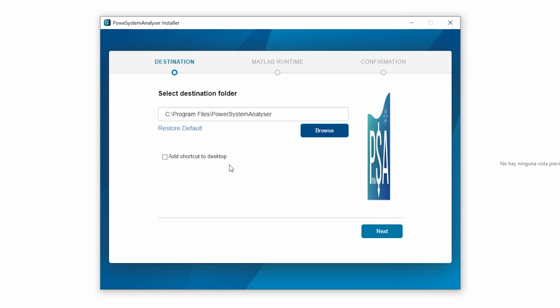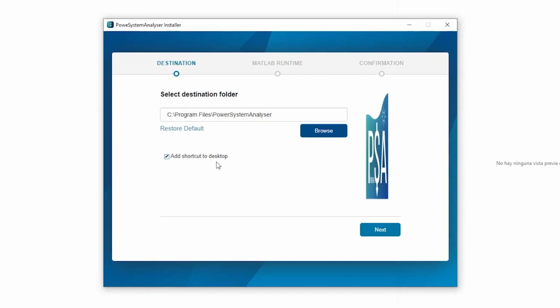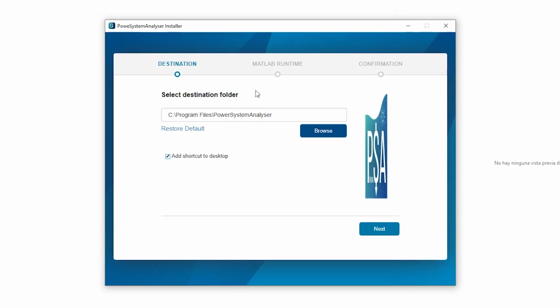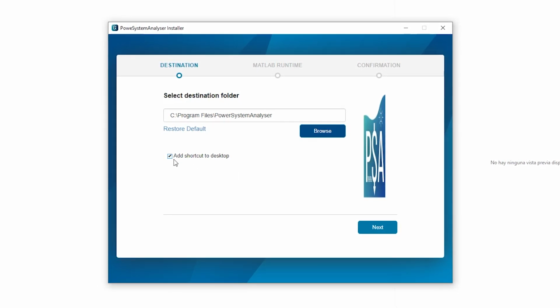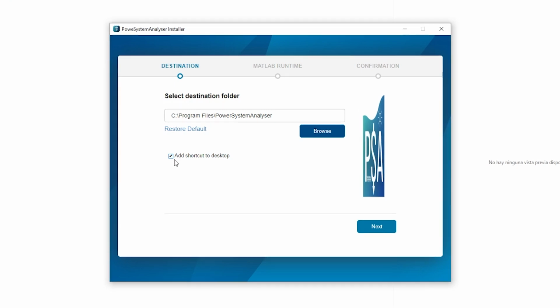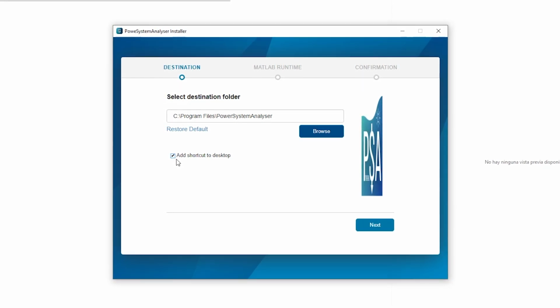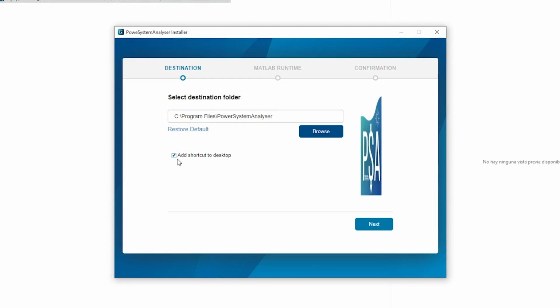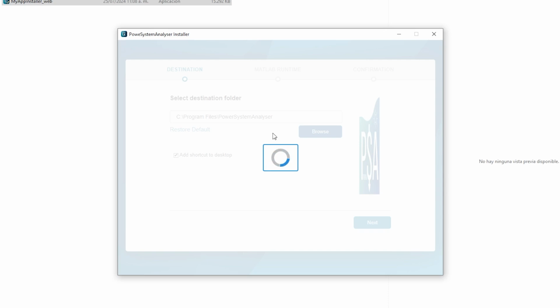So we need to make sure that we add a shortcut to desktop to have a quick access there. In the case we don't add the shortcut, then we have to go to the folder and look for program files, then look for the PSA Analyser, and then we will have the application to run. So we click next,